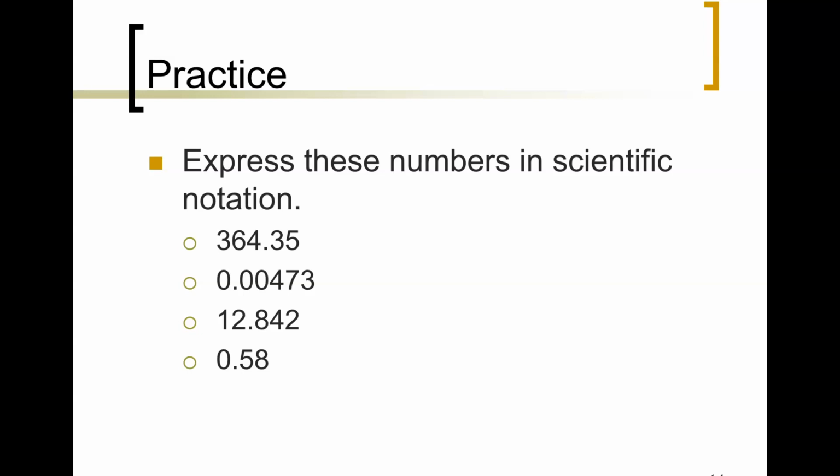So to begin with, 364.35, if you recall from significant digits, that has 5 significant digits. We want to still express the same number of significant digits, but we need our p times 10 to the k, right? The p value will be a number between 1 and 10. So where can I place my decimal in this number so that it is between 1 and 10? And that will be right here after the first significant digit,